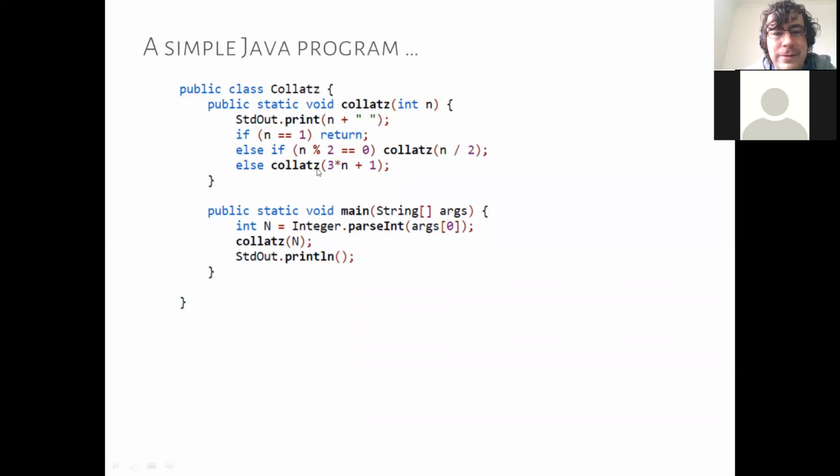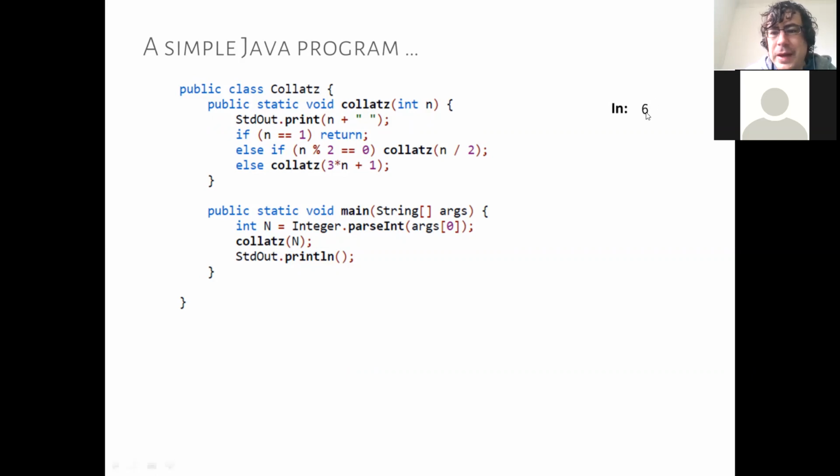And the last step is if it's odd and it's not 1, then it multiplies n by 3 and adds 1. So at some steps it goes down and in other steps it might go up. And the unresolved problem in mathematics is whether or not this program will halt no matter what integer, not just a 32-bit int, but any positive integer.